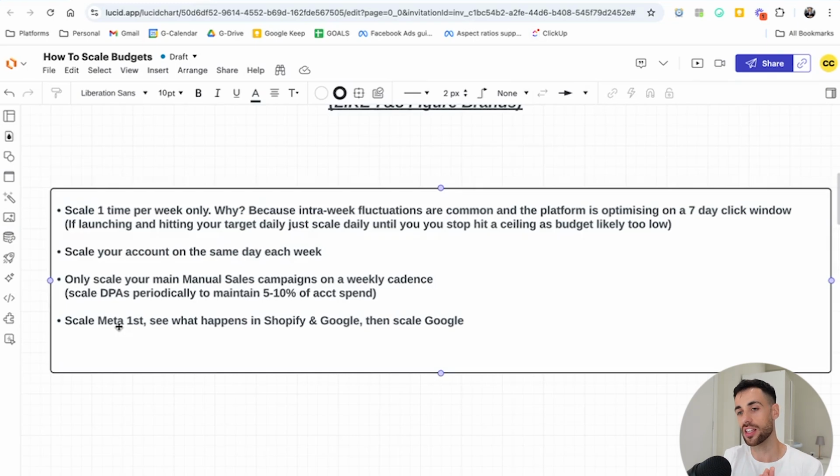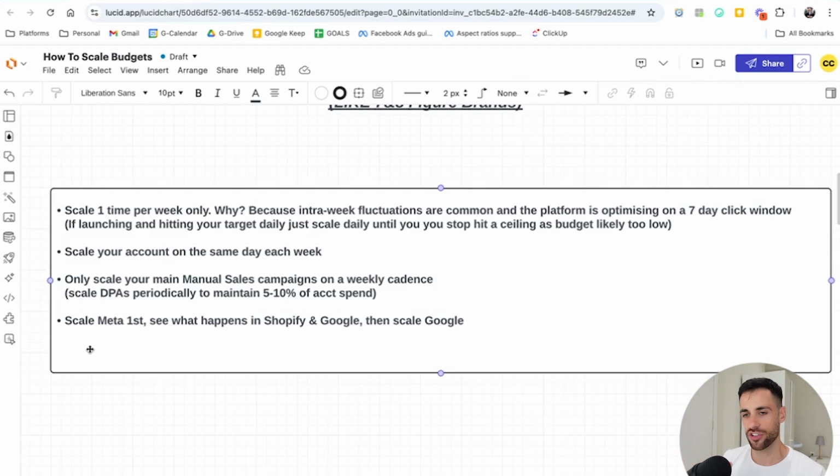You wait till you see the effect of that scale on bringing more people top of funnel on your remarketing lower funnel campaign types. So it's the same with Google. And then you scale those. So I just try and make sure they're 5 to 10% of the account spend. As they're getting obviously lower in account spend, but more efficient, that's when I'll increase the budget a little bit,